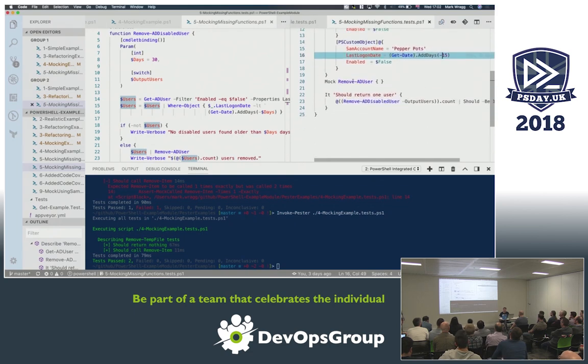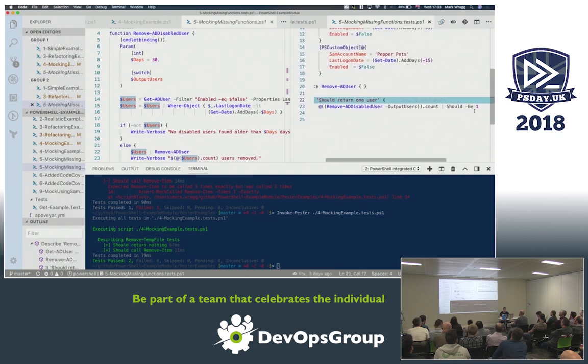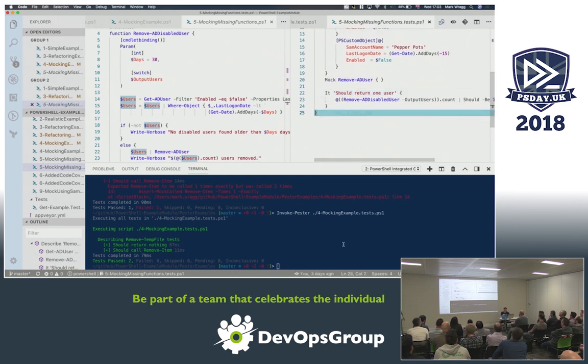So again, I've mocked remove AD user, so it doesn't really exist. I didn't need to necessarily neuter it, but I would still mock it so that I can use assert-mockcalled to test how many times that commandlet was called. If I don't mock that function, even though it's fake, I can't use assert-mockcalled to check how many times it's used. But I've just got one test here. It should just return one user. I'm running my commandlet with the output user switch, and so I expect it to only return one user back. So again, let's run this,